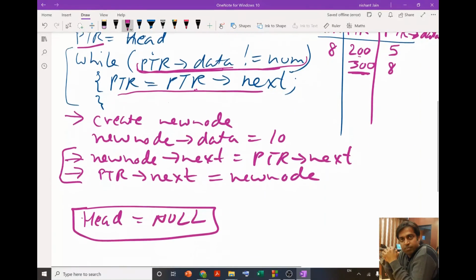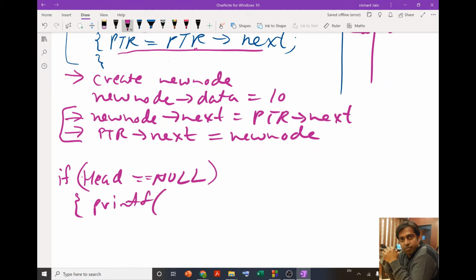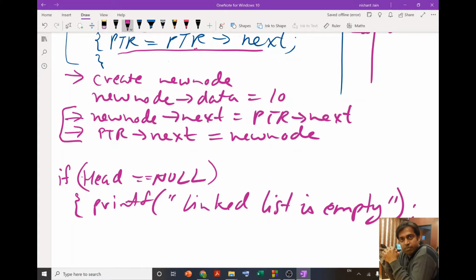So in such a case, if head is equals to null, then we should print that linked list is empty and we can come out of the program.